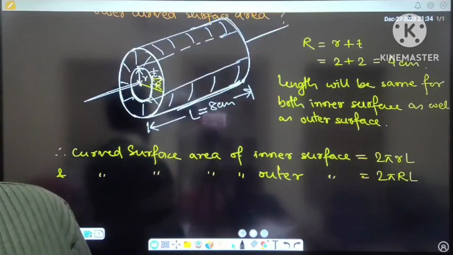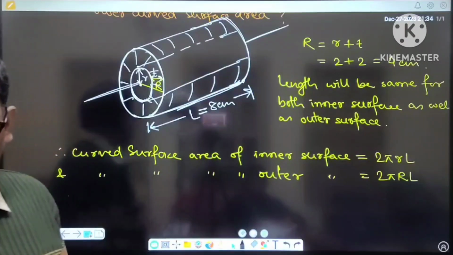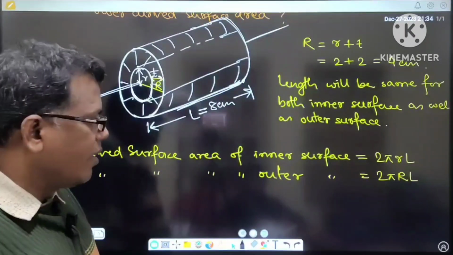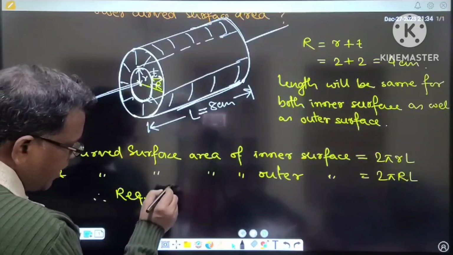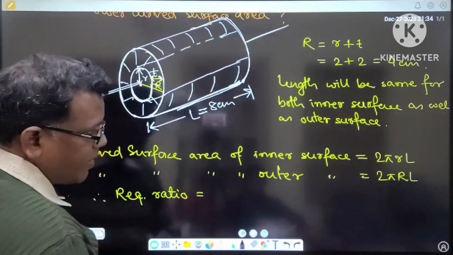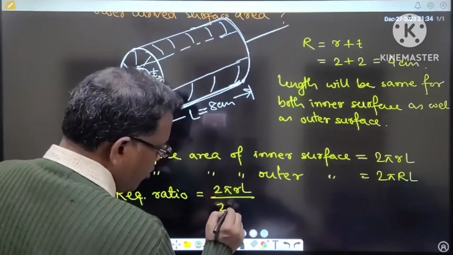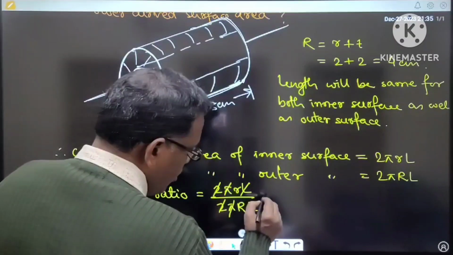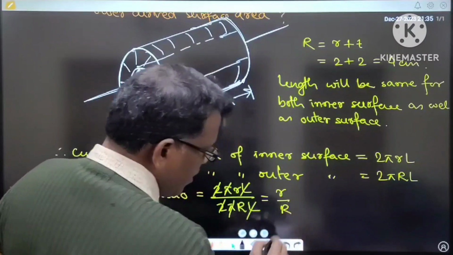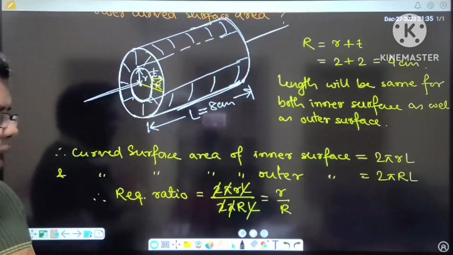Both the surface area calculations definitely depend on the parameter length of the cylinder, but the required ratio, as I have asked, is of the inner to outer curved surface area. So that ratio will be 2 pi small r into L by 2 pi capital R into L. So ultimately 2 pi L will be cancelled out and it will be small r to capital R. The ratio will be found by using the inner radius to outer radius only,